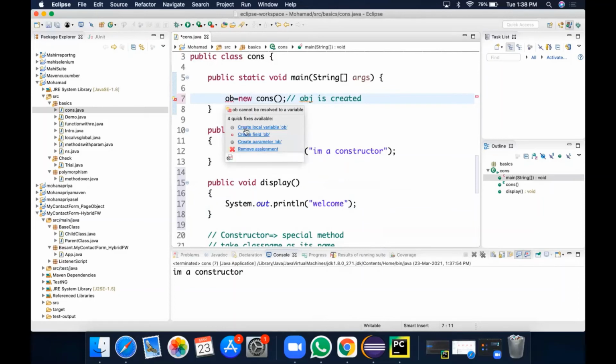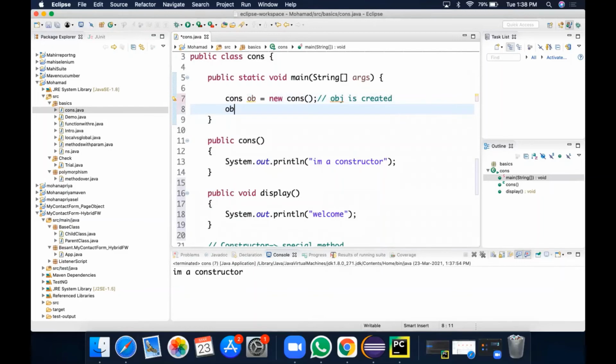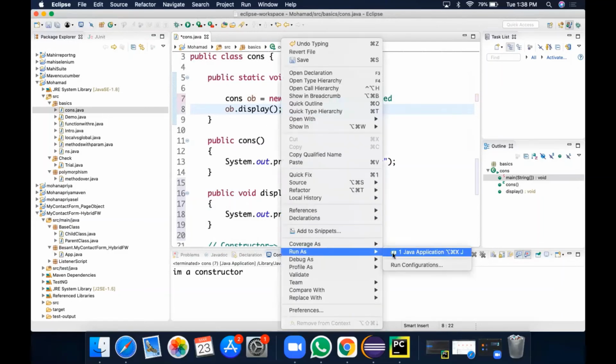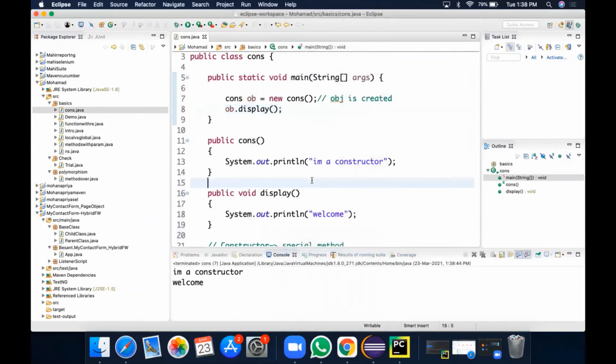So the object name is created, then ob.display. Even though this object is created for some other purpose, whenever an object is created, the constructor will also be invoked. It doesn't matter what purpose the object is created for.